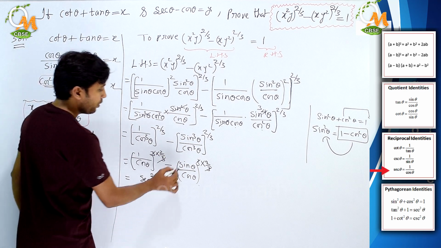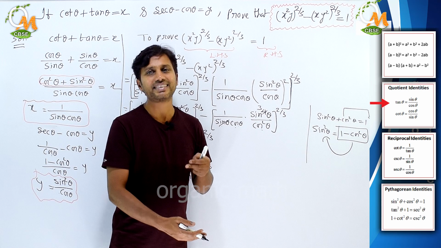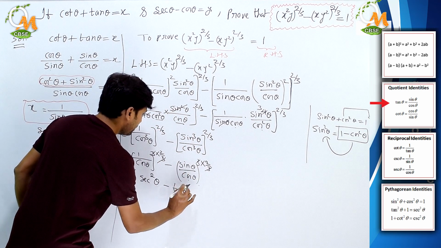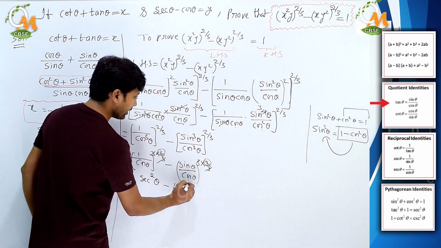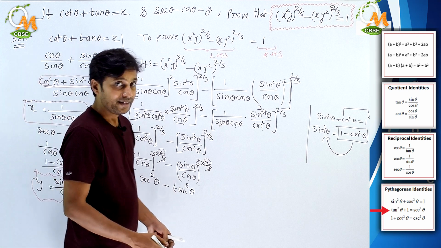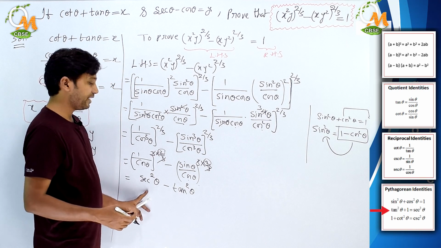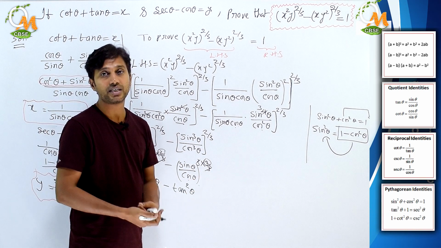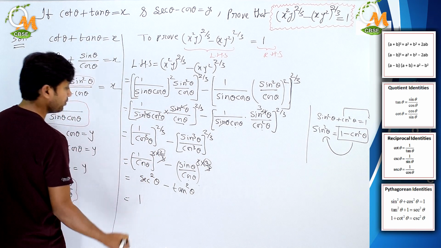And here also, what is sin theta by cos theta? The ratio of sin theta to cos theta is tan theta. So here tan theta. See here also power 2 is left, so tan square theta we can write. What is this? Is it a second identity of trigonometry? Yes, it is the second identity of trigonometry, secant square theta minus tan square theta, and its value would be 1. So we get the value 1.